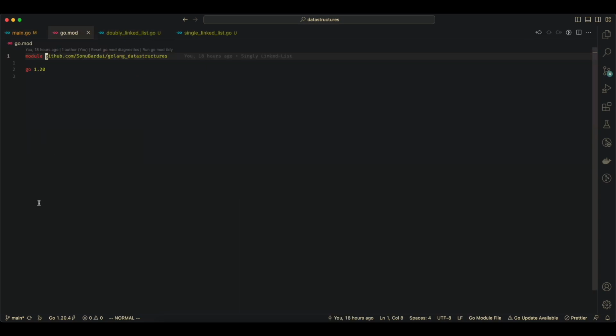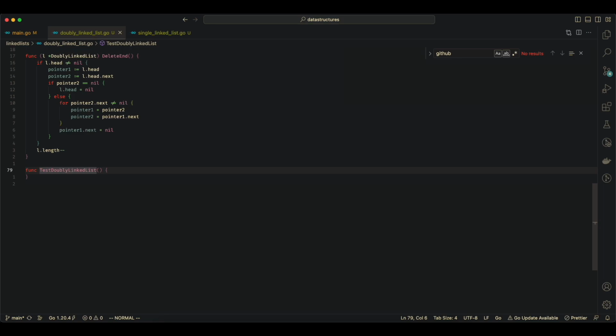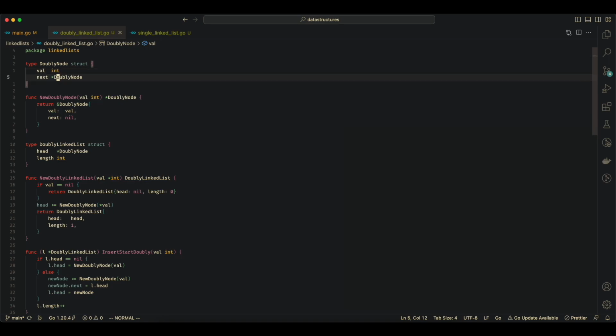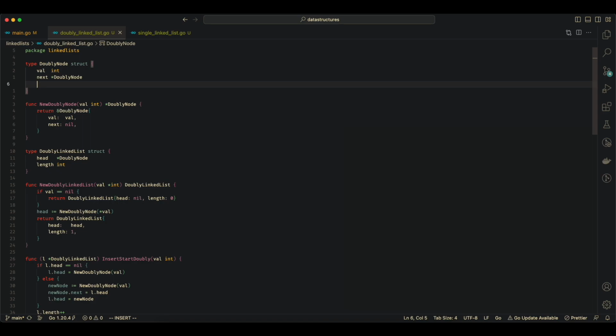So we don't have to import the module and everything again. Now this is exactly what we had in the singly linked list, but now we're going to make this into a doubly linked list. So the first step would be to just have a previous pointer here. It'll point to another